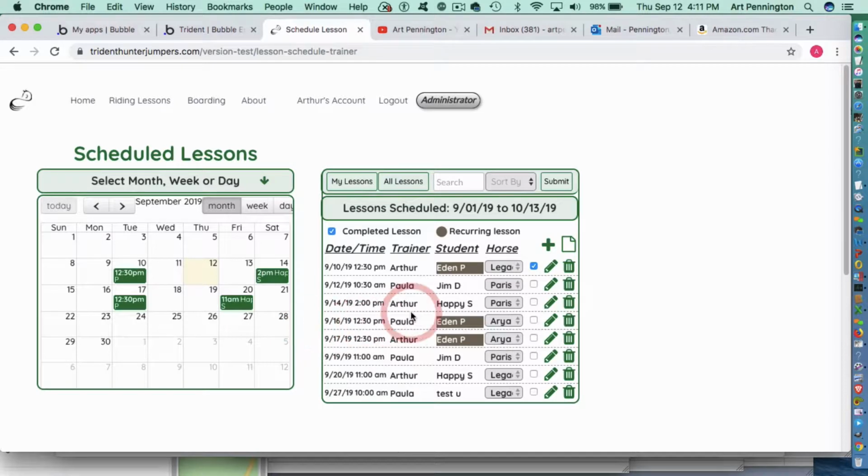You'll see this one for Eden, for example, at 9:10, at 12:30. Well, it is marked as complete, so let's pick a different one. This one here on 9:16 for Eden is not completed, but it's recurring. So when it is marked complete, it'll schedule another one for 7 days later, which would be the 23rd at